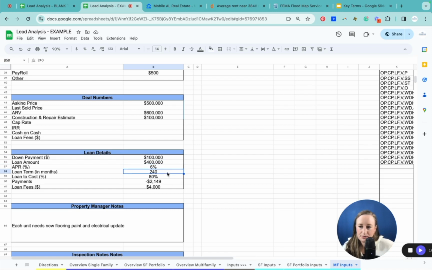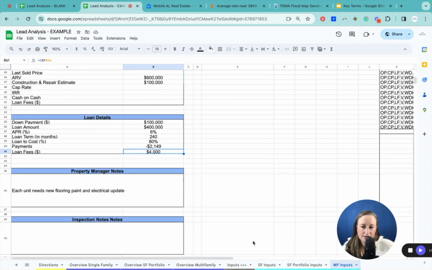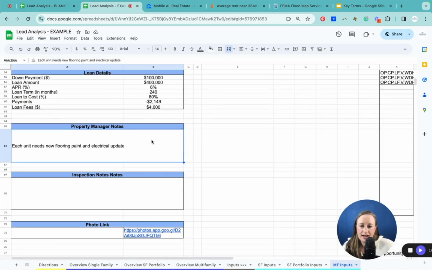Loan terms, 240 months, 80% loan to cost, our monthly payments, and our upfront loan fees. So those are normal. This is a realistic loan detail section for us, and some general notes about the repairs